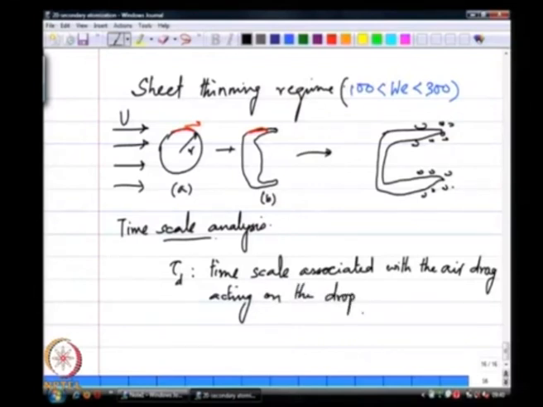The time scale associated with this air drag acting on the drop is that I want to have visible deformation on this scale with a velocity u. So, in other words, that red part